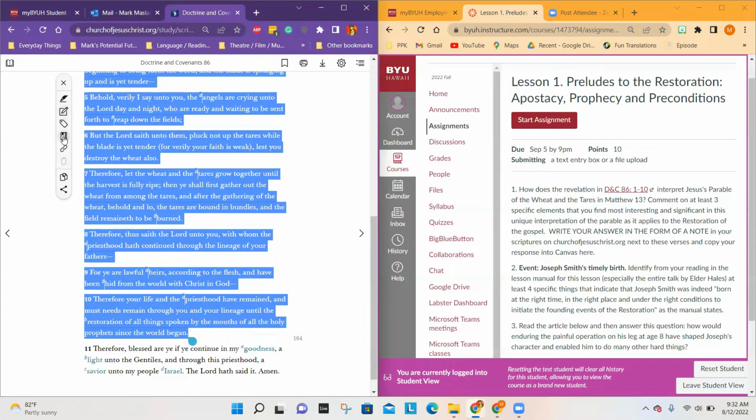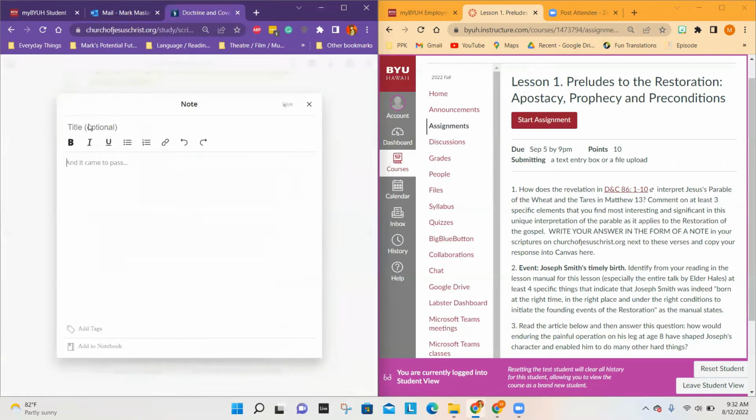Then we're going to go over here to this one that looks like a piece of paper and a pencil writing on it. When you hover your mouse over it, it will say note. Click on that and it will highlight it for you, and then create this little pop-up right here. And so what I'm going to do is just say lesson 1, prelude to the restoration, apostasy, prophecy, and precondition. And then right here, you can edit using all these different functions, bolding it, italicizing your work,